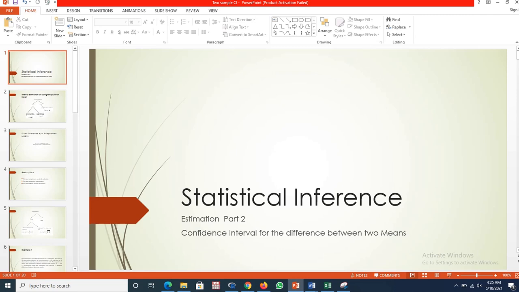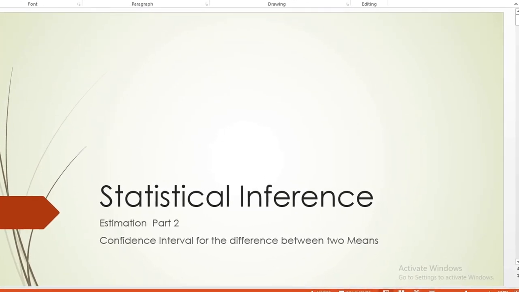Hey friends, we are talking about statistical inference, and in statistical inference we are talking about estimation, because statistical inference is the second branch of statistics. So all we have to conclude about a population parameter is based on estimation and hypothesis testing. In estimation, we have to discuss point estimation and interval estimation. As point estimation is only a single estimate about the population parameter, it is not so reliable. We have to convert ourselves to an estimation technique, that is interval estimation.